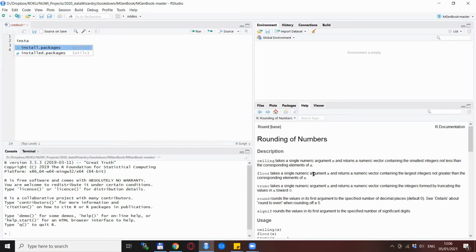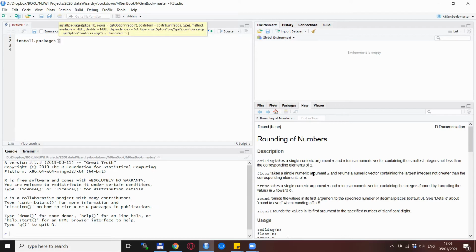You can either type it out or just hit enter. Here it gets some kind of help on what you could type in there. For now, what we want to do is install the so-called tidyverse package, which will be very useful for the follow-up demonstration. In quotation marks we write tidyverse,